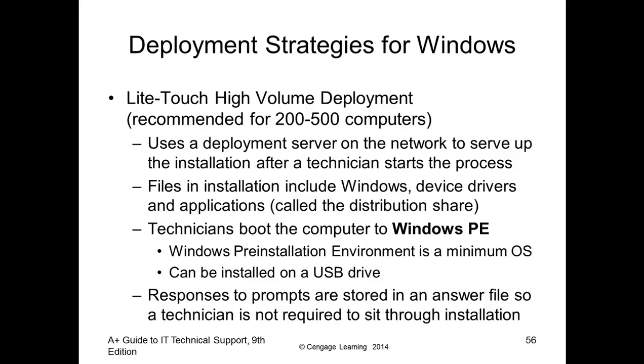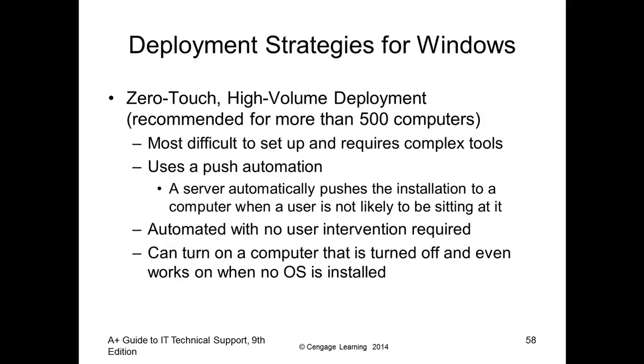Okay, and then another option is to do a zero touch, which I think is what they use here, but basically a zero touch high volume deployment where you're using an image, you're using a network share, but instead of actually sitting down at each computer, your computers are set up with a BIOS or a UEFI that allows you to boot straight to the network. So you would basically go in and set up your UEFI so that when you reboot, it automatically looks to the network. Then it'll point to that network share, and then it'll pull down that image. Same thing it was doing before. The only difference here is this is automated.